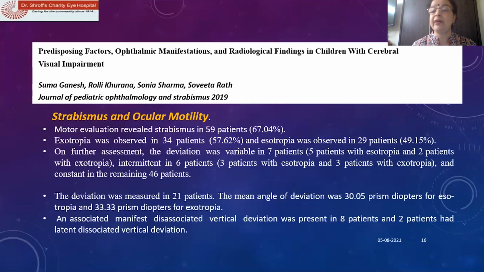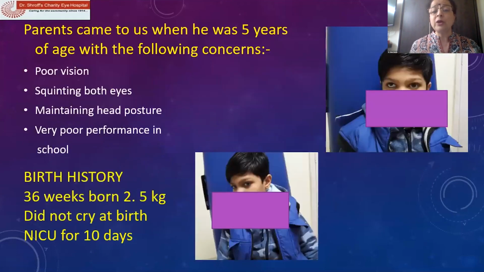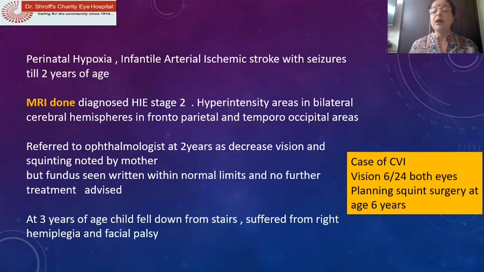Most of the time, the children are very uncooperative. Like this child who came to us at 5 years of age with concerns like poor vision, squinting of both eyes, maintaining a head posture, and very poor performance in school. On birth history, we found that it was a preterm baby who did not cry at birth. MRI was done, and it was diagnosed as HIE stage 2, but the child was referred to an ophthalmologist, who said to wait for some more time. The child fell down the stairs because of the problems, and he suffered another right